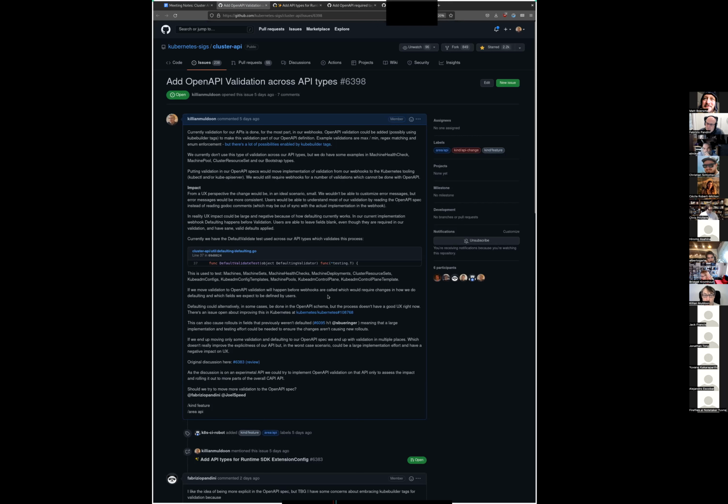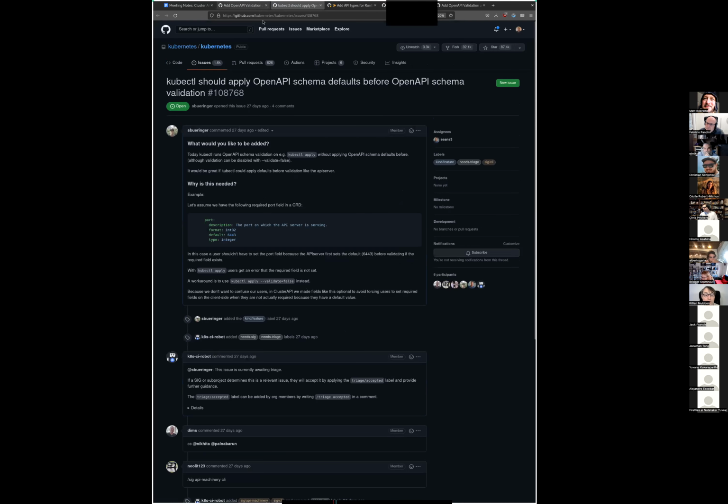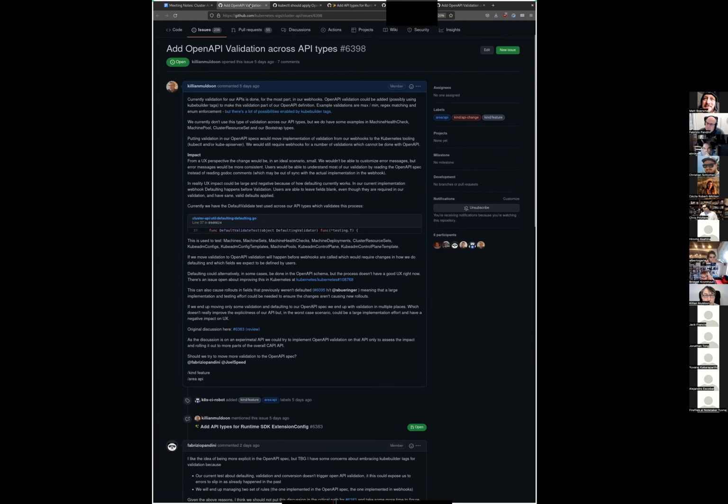Basically, things aren't defaulted. So kubectl says that your type is invalid, even though the webhook is ready to default them. There's an issue open to deal with this, and that is probably a solvable issue. But it won't actually work for a lot of our defaulting. So that's one issue. We have an ordering problem of defaulting and validation, and then we're trying to default and validate in two different places.